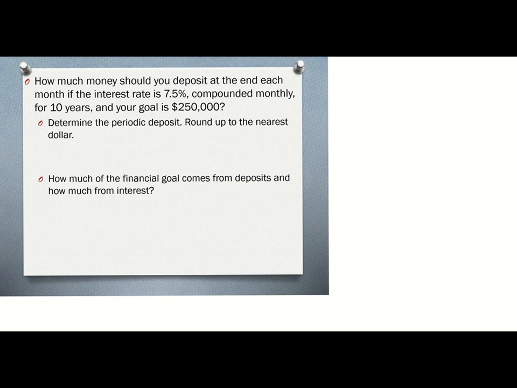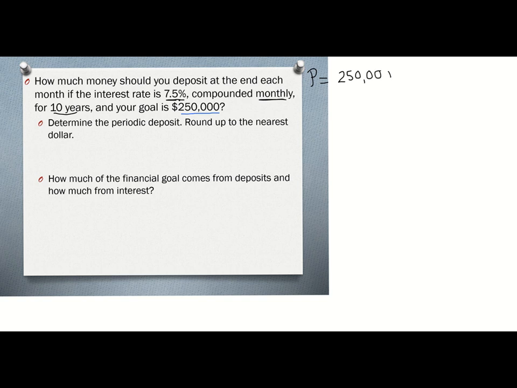So here we're going to use the same formula that we used before, the P equals. We're going to solve and find the principal. My financial goal this time is $250,000. It's going to be in there for 10 years, compounded monthly, so N will be 12 this time, and my interest rate is 7.5%. So we're going to start off, and we're going to say P is equal to